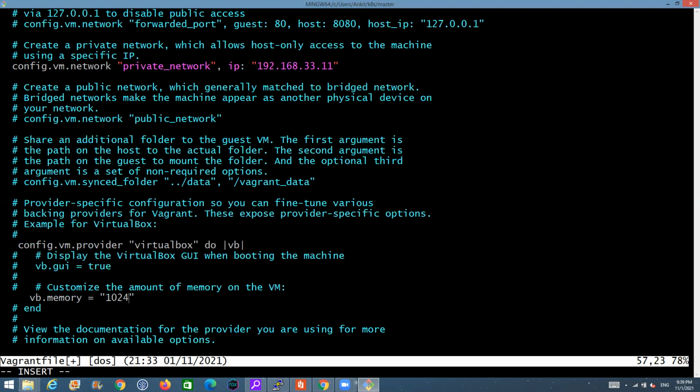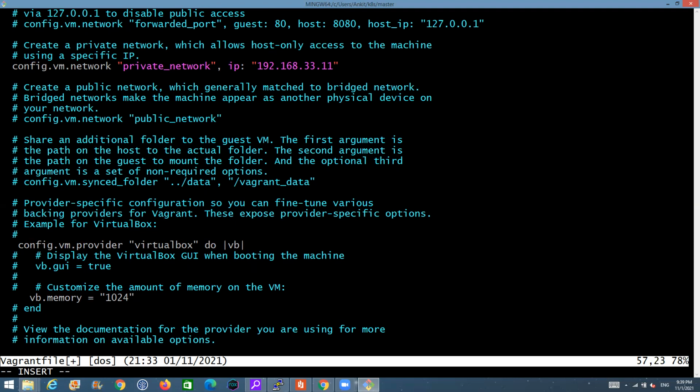You can provide 2 GB if that is sufficient, and I'm going to provide 2 GB each to the worker machines. This way I'm going to provide 8 GB, but since I have 16 GB of memory in my laptop, I would still be left with 8 GB for my host machine, which is more than sufficient, and my system will not slow down.